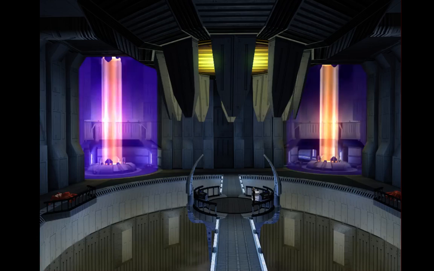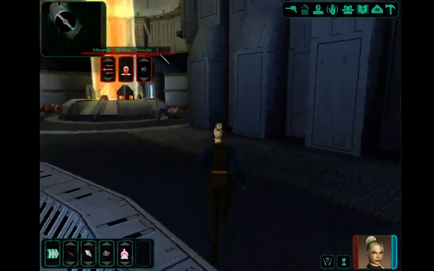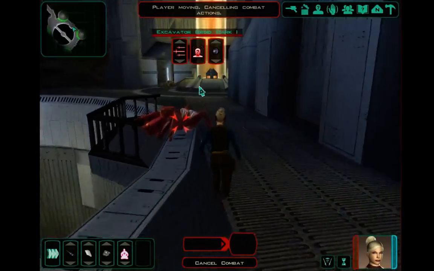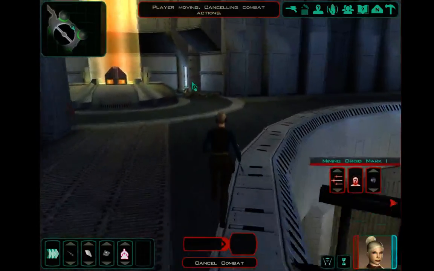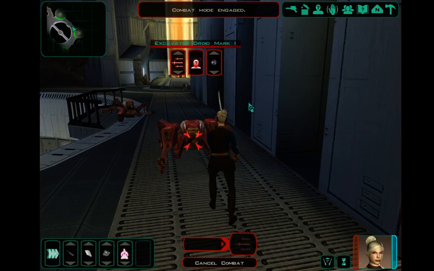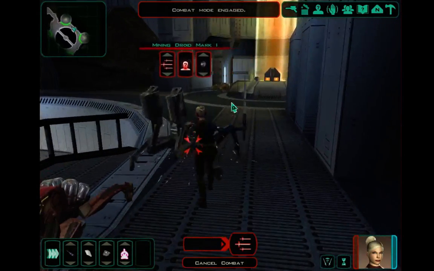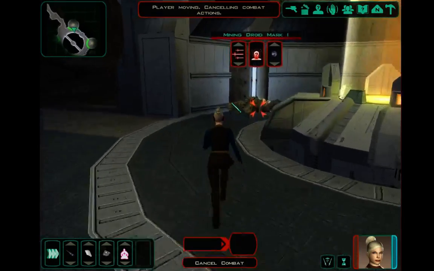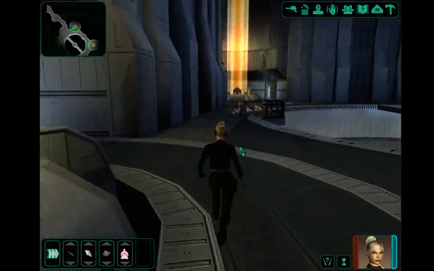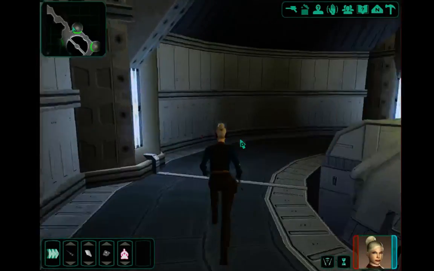And you need to shut down the containment fields to get by. Log out. They will activate shields if they find out a nearby droid has been attacked. Let's see if they're not trying to hit me. Confused. And you can just go around beating them up at your leisure. And I seem to be stuck. There we go. So yeah,